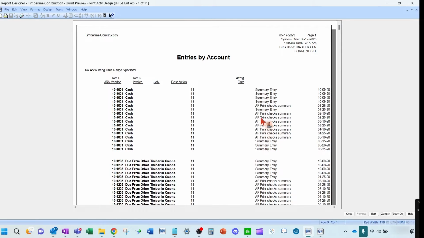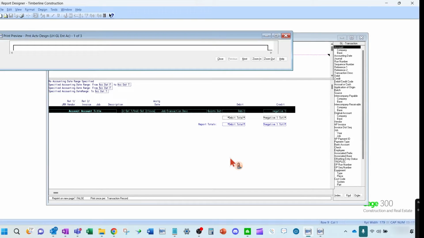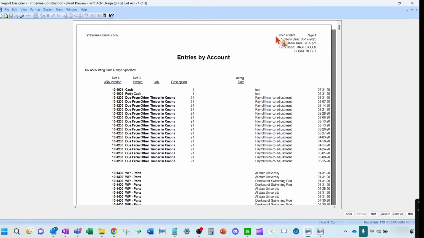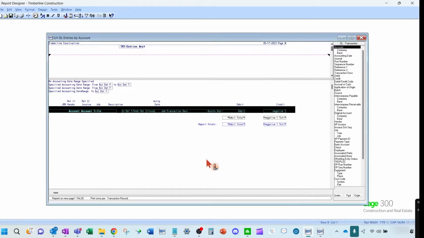Okay. AP print check summaries. If I change this, let's say now we want to see just things that were keyed in directly to general ledger, GL, and we run that preview, 3 pages. Okay, so it is doing the condition for you, and that's just showing you miscellaneous general ledger entries, adjustments, and things like that. Prompt fields and parameters can be used for all different sorts of things, checkboxes, date fields.